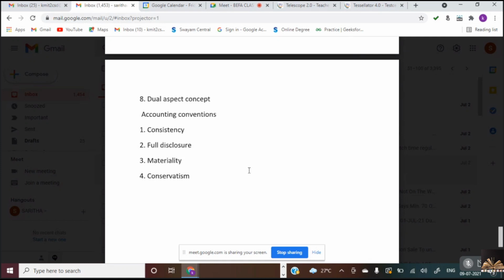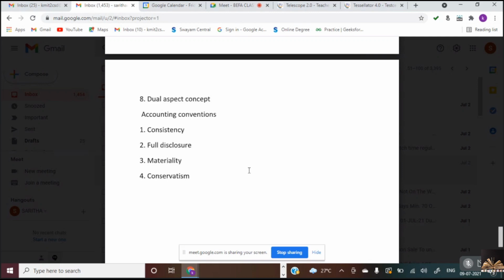Now the last one is conservatism. Conservatism is nothing but while recording the accounts, you should not anticipate income and should provide for all possible losses. That is known as conservatism convention. So you maintain your books of accounts in such a way that you will have minimum income or no income, but you should be prepared for all possible losses. And play safe. It is nothing but the play safe concept. You are prepared for all possible losses and anticipate less profits or no profits. That is known as conservatism, and to play safe.